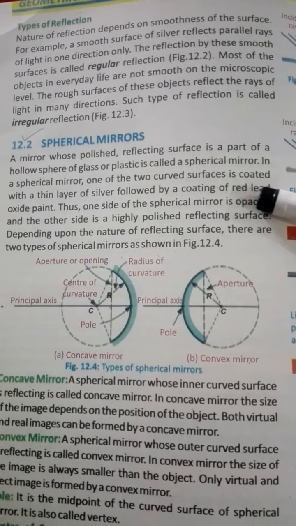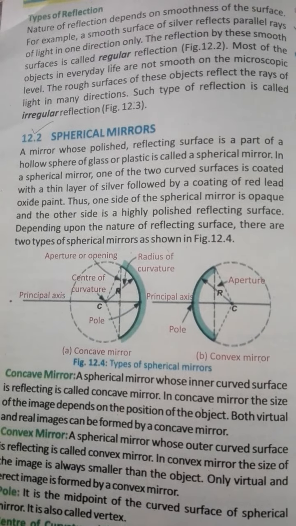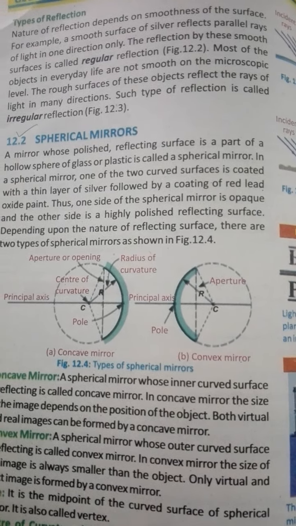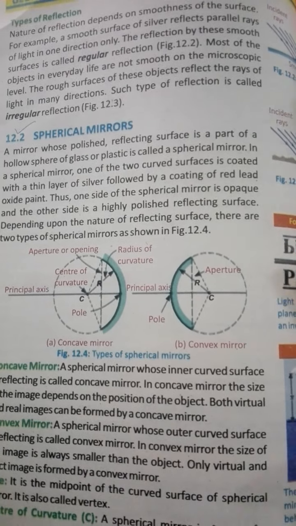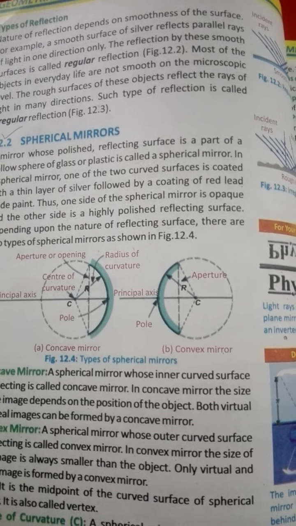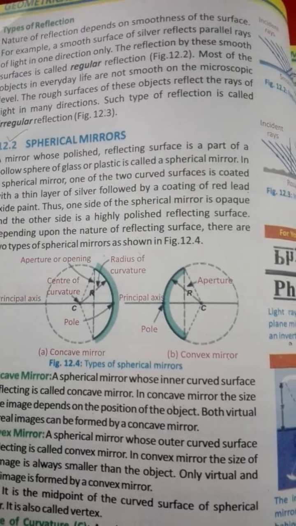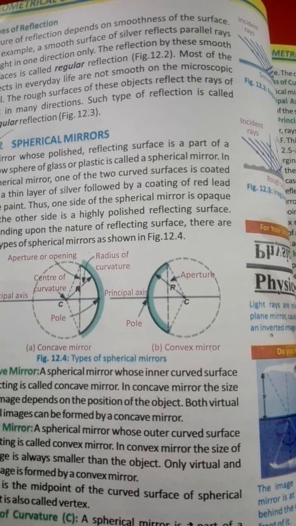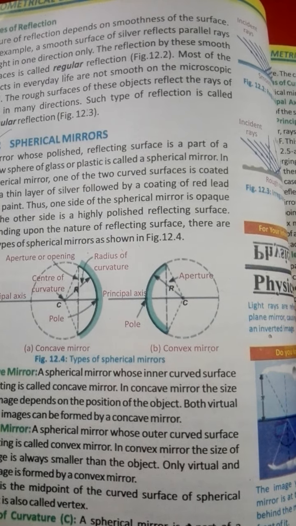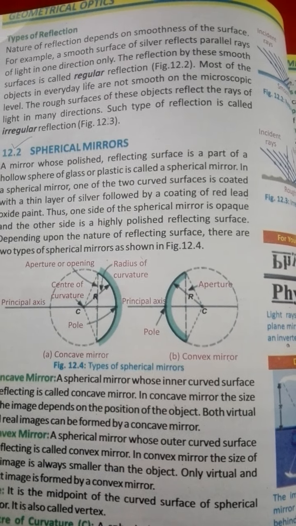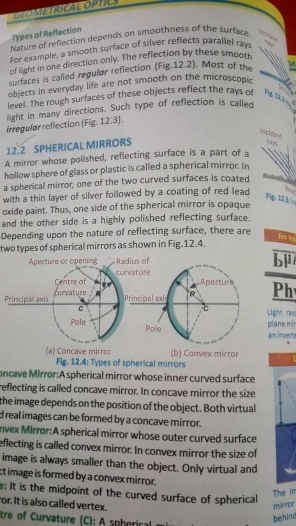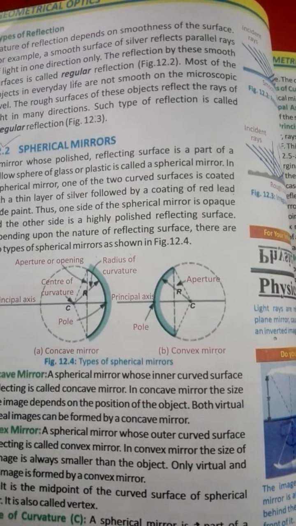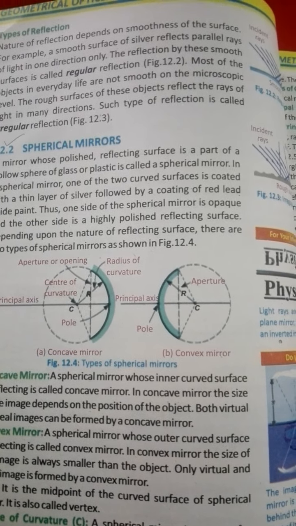What are the spherical mirror? Basically the mirror that is made of any glass or plastic and have the hollow sphere inside it. That is the spherical mirror. And one other characteristic is that it has the reflecting surface, like you see that when you see a mirror, there is one shiny surface on the mirror. That is due to a layer of silver coating present on the behind, or the lead coating.